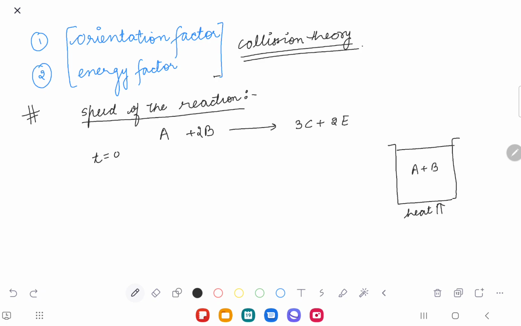I'm waiting for the product to form. What do you think exactly would happen? Just tell me. When we're talking about the speed of the reaction, A2 will combine with 2B2 to form 3C